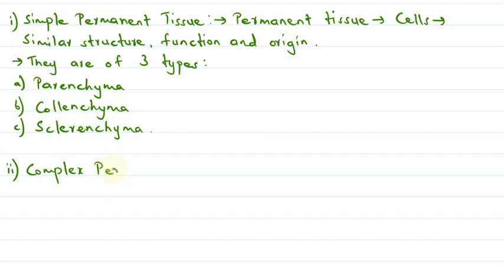Complex permanent tissue. So what are these? A tissue that consists of several kinds of cells, but all of them function together as a single unit is called a complex tissue or a complex permanent tissue. Thus we can say that complex permanent tissues are made up of